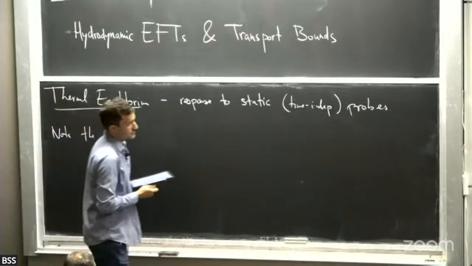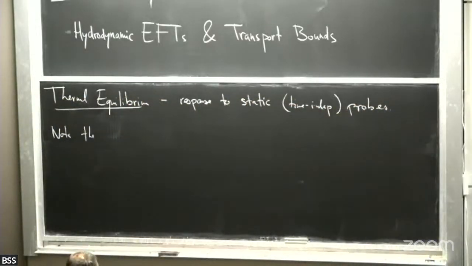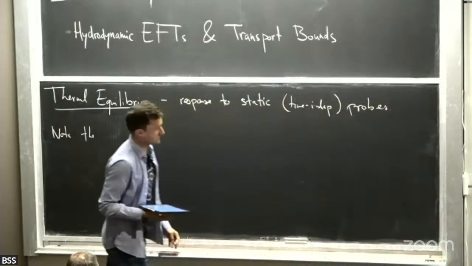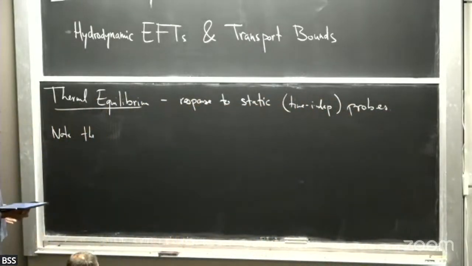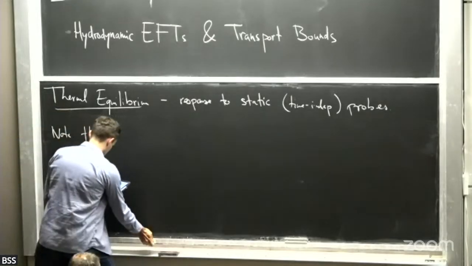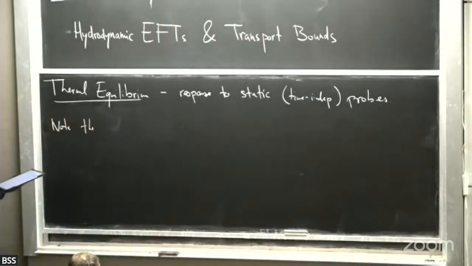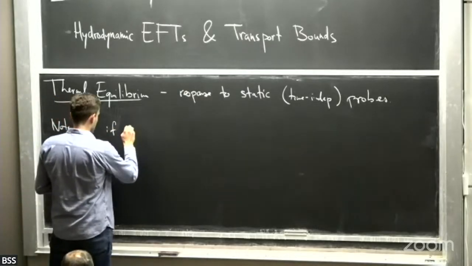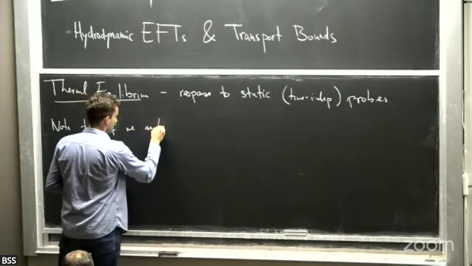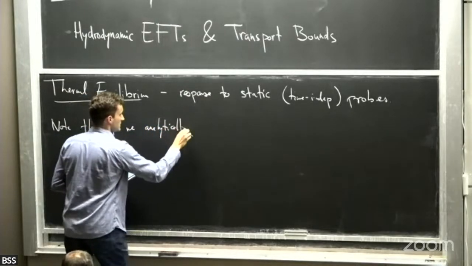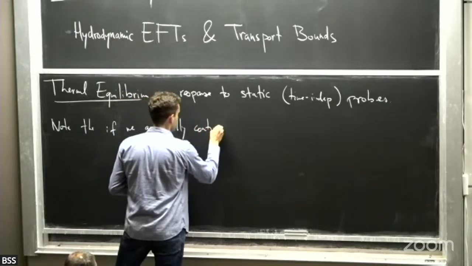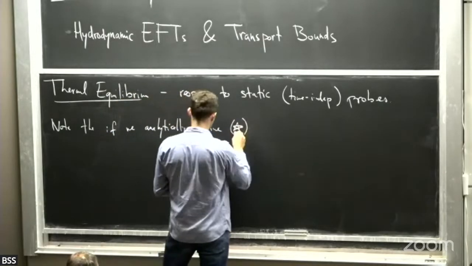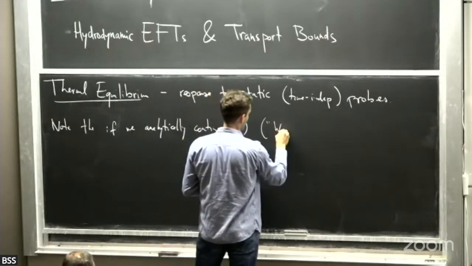The correlation functions that we're going to be interested in look like this. They're correlation functions involving operators at different times and different points. But a type of correlation function that you've probably seen in Chubukov's lecture or Maslov's lecture are imaginary time correlation functions. I'll briefly remind you what these are. If we analytically continue our correlator to imaginary times, or what's often called Wick rotate,